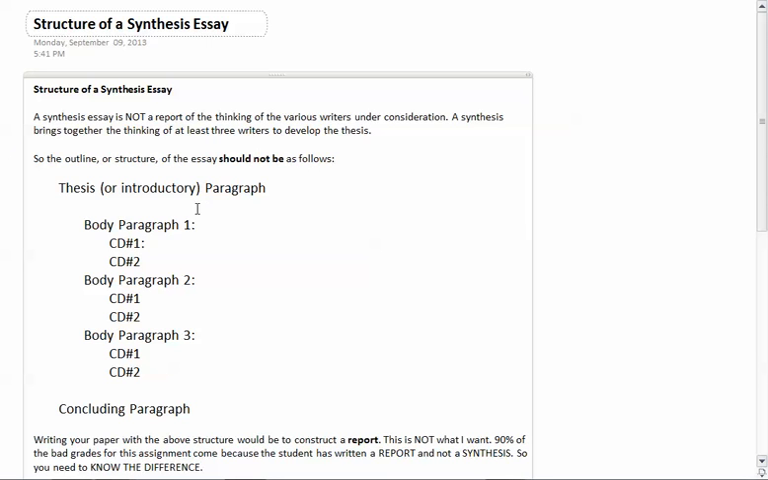What I don't want you to do is to then take that information that you've gathered, that you've thought about, and create body paragraphs that only deal with one of the three readings at a time. So for example, if you had a thesis paragraph with your thesis at the end of it, and then you had a body paragraph that just deals with Plato's Allegory of the Cave, right? And then you had concrete details from Plato, from the Allegory of the Cave only in that first body paragraph,